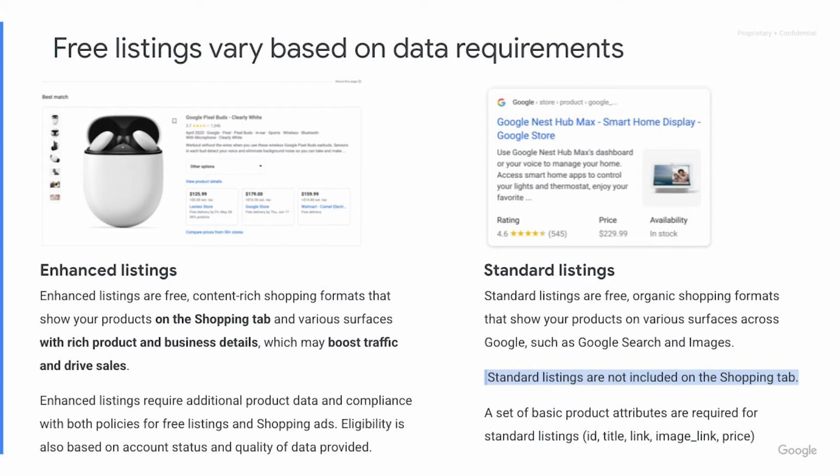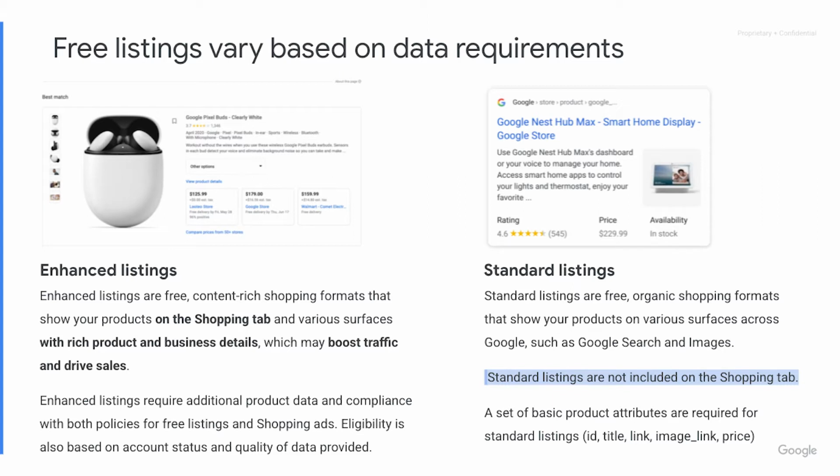These types of listings appear with rich product and business detail, which may help boost traffic and drive sales. And in order to provide this rich detail to users, enhanced listings require additional product data and compliance with both policies for free listings and shopping ads. Eligibility is also based on the account status and the quality of the data provided.